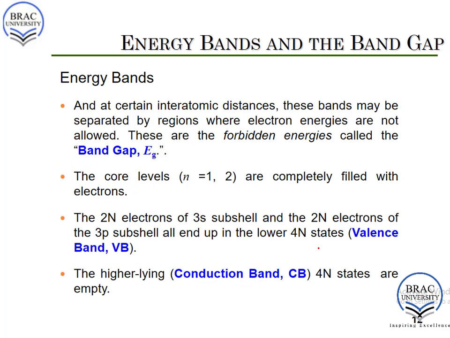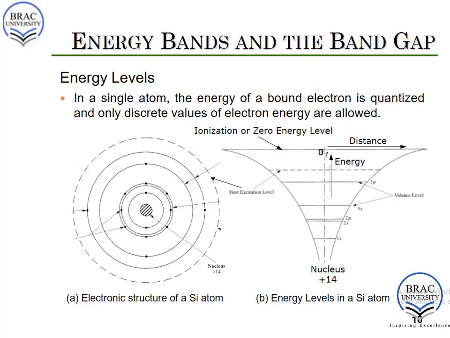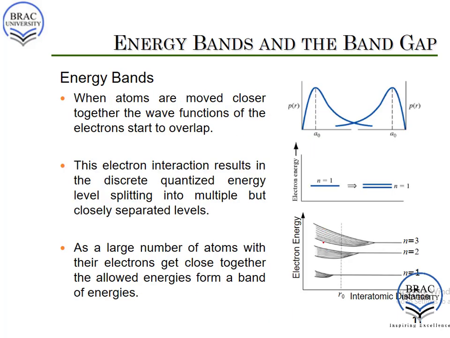Moving on, in the case of a single atom, we have seen in this graph that the energy of the 1s orbital is here and the energy of the 2s orbital is here. So electrons either will be in the 1s orbital or will be in the 2s orbital. This gap in between is forbidden for electrons. This is called the forbidden band or the band gap actually. But when the molecules interact with each other, instead of discrete energy levels, we have seen that energy bands are formed. So in between two energy bands we will see a separation, that is called the band gap.